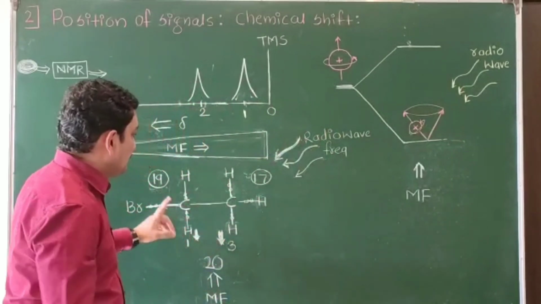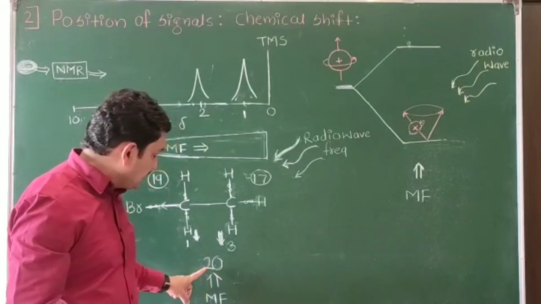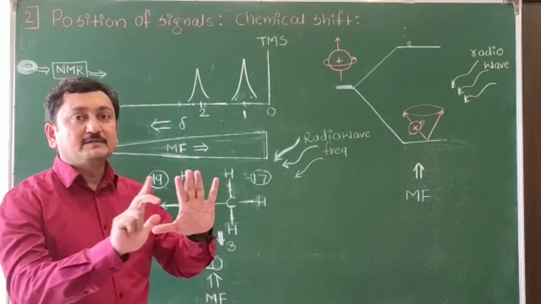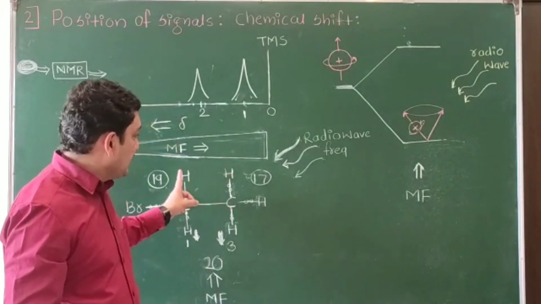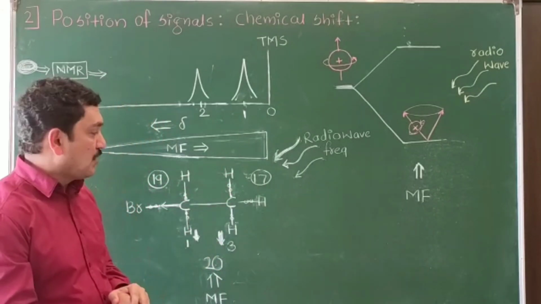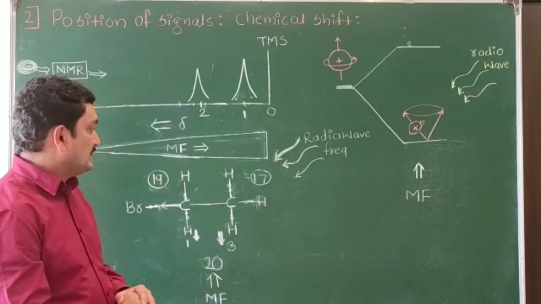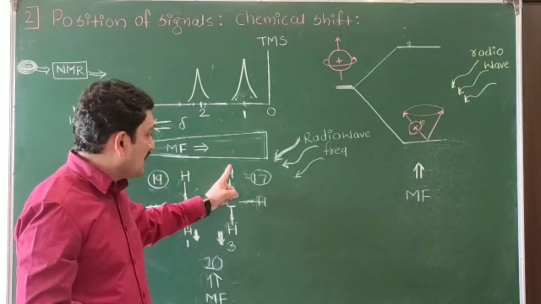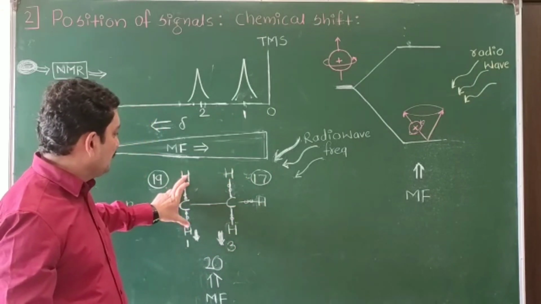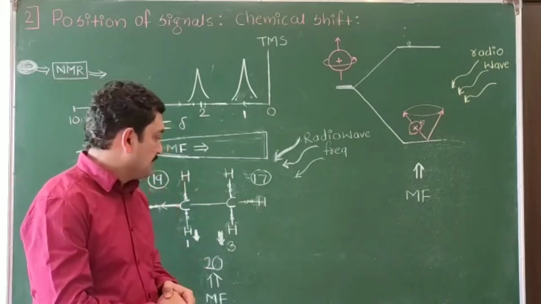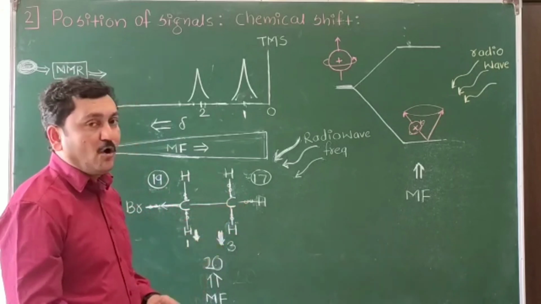All these hydrogens do not have the same precessional frequency, though we are supplying the same magnetic field, because we are keeping the magnetic field constant. As the magnetic field is constant, still they have different precessional frequencies, because they are not getting the same magnetic field, though the supply is the same one. The reason is the electronic environment around the nuclei here is different from the electronic environment around the nuclei there. If we apply the magnetic field, then the electrons present in a bond